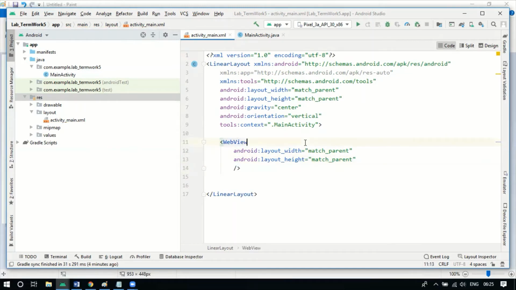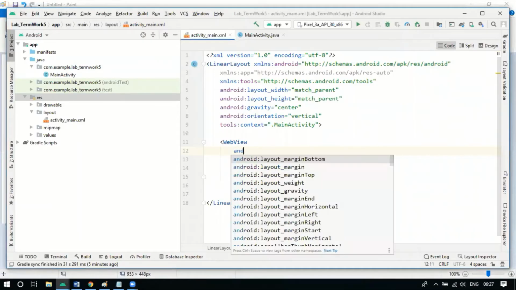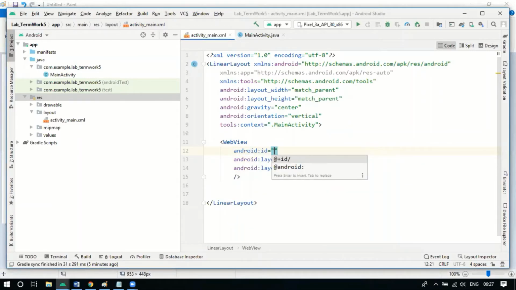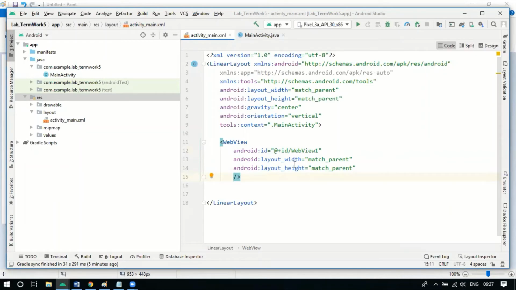For this we give an ID, web view 1. When you want to access this web view element inside your Java class, you need to fetch it by this ID that we have specified here.